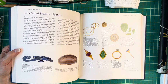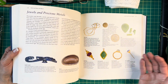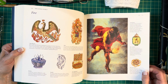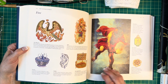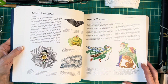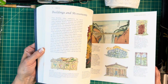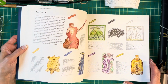So it looks like, pick whatever it is. So in this case, it's jewels and precious metals. So that, in Sanskrit, somebody had written there, you know, there's a meaning. Okay, fire means something else. There's the phoenix. So it's probably different cultures as well. So I think there is some interesting stuff in here. I don't know if I'll ever read it, but it'll just be a case of,